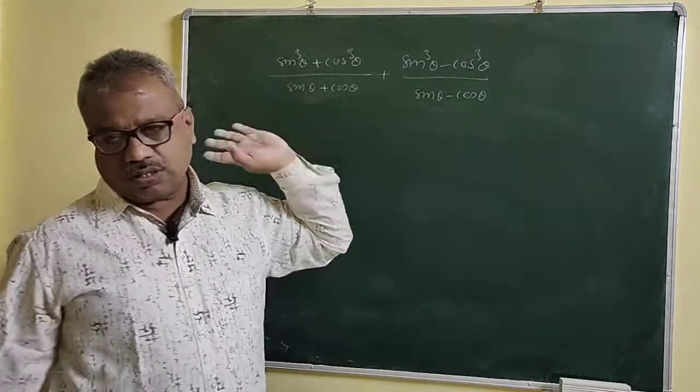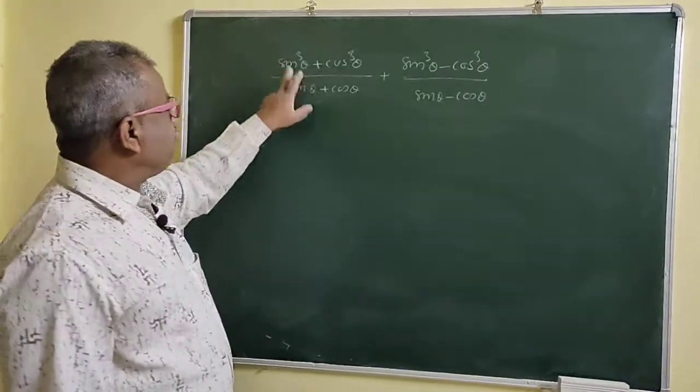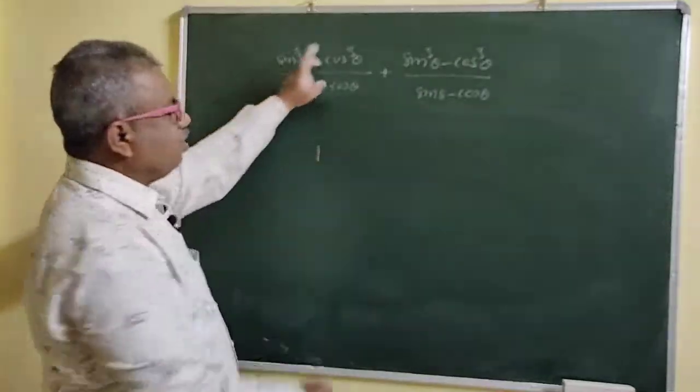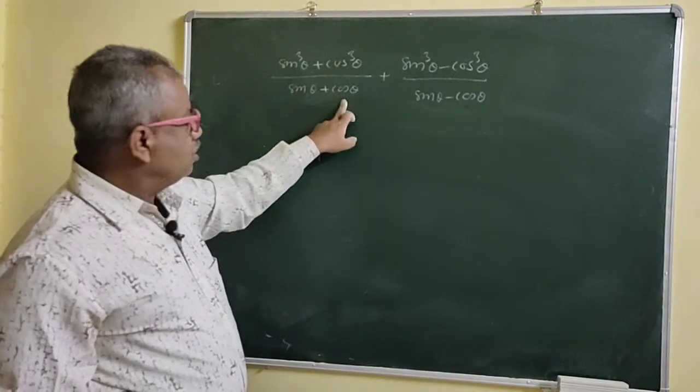And see, your denominator is also not equal to 0. So you may put theta equal to 0. If you put theta equal to 0, what happens then? Your sine 0 is 0. So here we get 1. This term becomes 1 now, because this is 0, this is 0. 1 cube is 1.